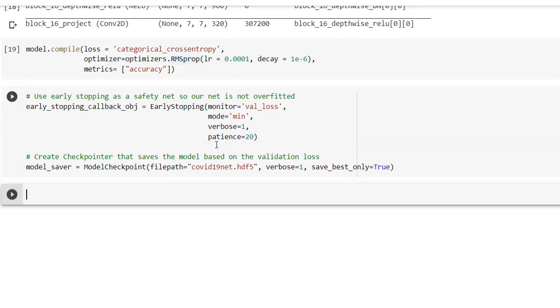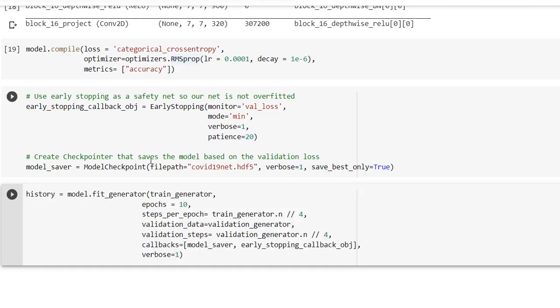Okay, it's executed. Next one is the training, where we are going to fit the model. This is the final one which we need to do. So now we are going to train the model. For that I am using the train generator data, and the epochs I have set to 10, so total 10 epochs it will run. And then the validation generator is there. Validation is going to be done using this data, and the validation steps that we have mentioned. Callbacks are nothing but the checkpoint that we have created. So we have put callbacks: one is the model saver that I have mentioned, and the early stop. So both I have mentioned here. The verbose is nothing but it will show the training output below this execution.